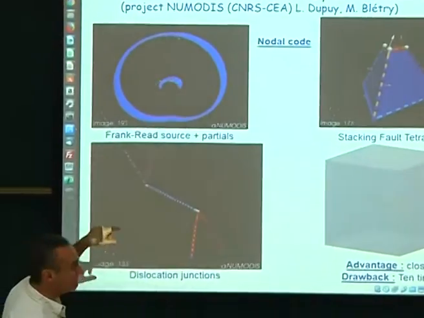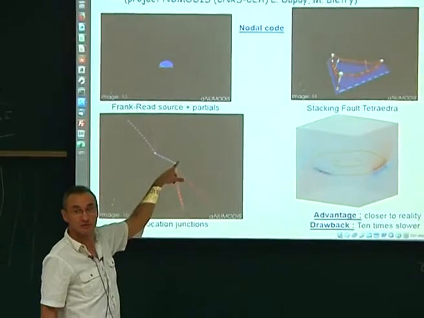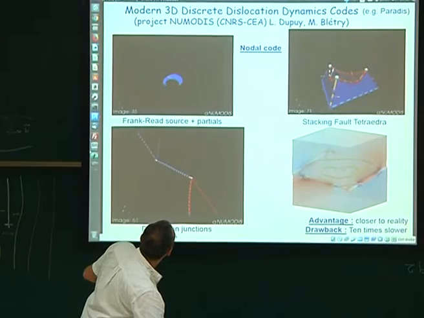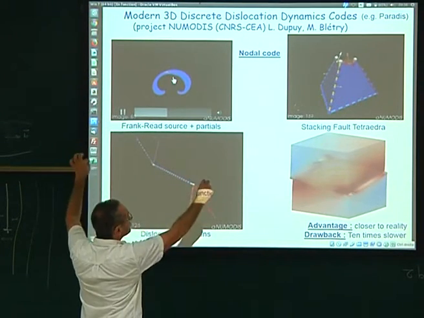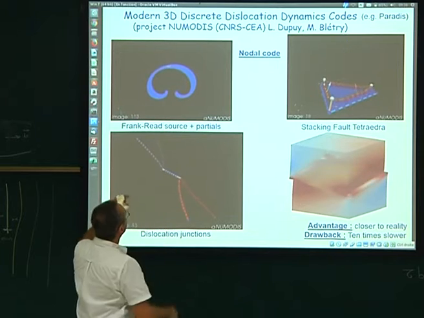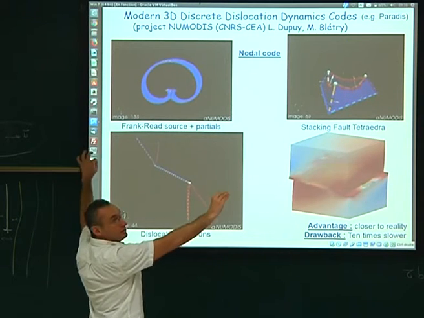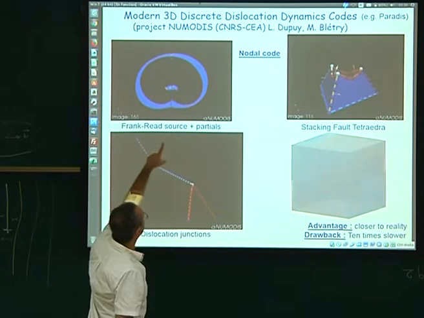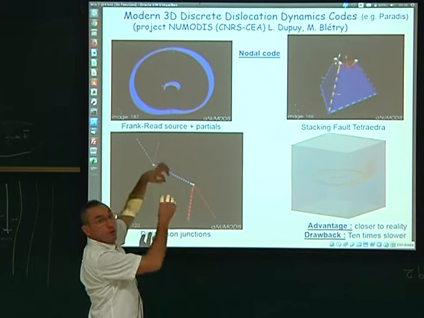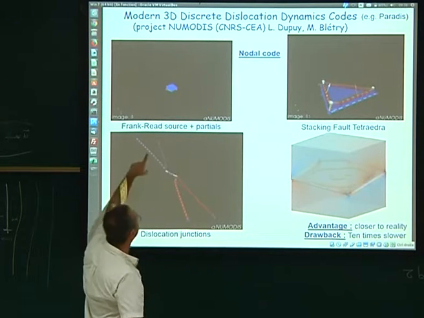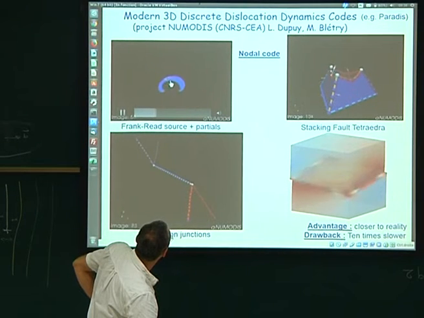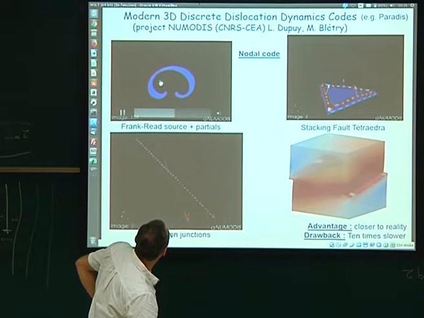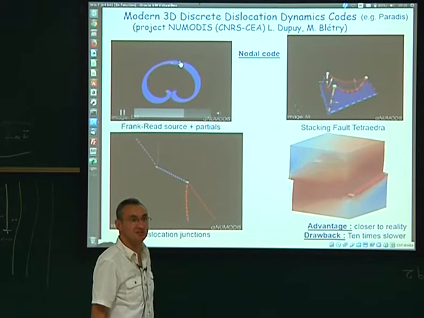Okay? So you can see that initially, the arrows are the Burgers vectors. Initially the 2 Burgers vectors are like this. So this plus this means that it was a pure screw dislocation. You can see that it is indeed elongated along the screw direction globally, but locally, each partial elongates toward its own screw direction. I mean, each partial has its own Burgers vector. This is the Burgers vector for the tail partial, and this one wants to align in that direction. This one wants to align in this direction because it's at 60 degrees.